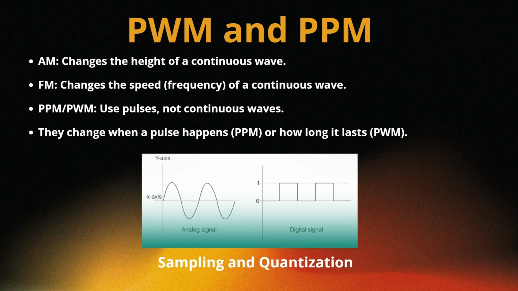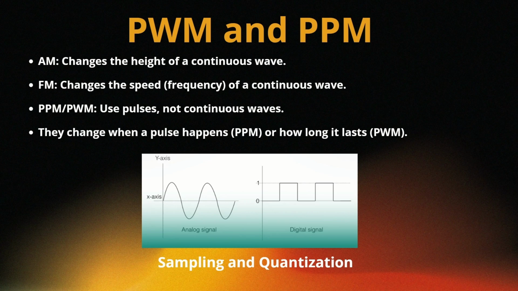After you have understood basic signal properties and what modulation is, you are ready for our topic of the day. Just now you have seen AM and FM, which work on analog signals or continuous waves. The next step is we will study modulation techniques that work on digital signals. Digital signals are kind of like pulses. They can either be on or off. To encode them, there are many special ways, such as PWM, pulse width modulation, or our topic for the day,